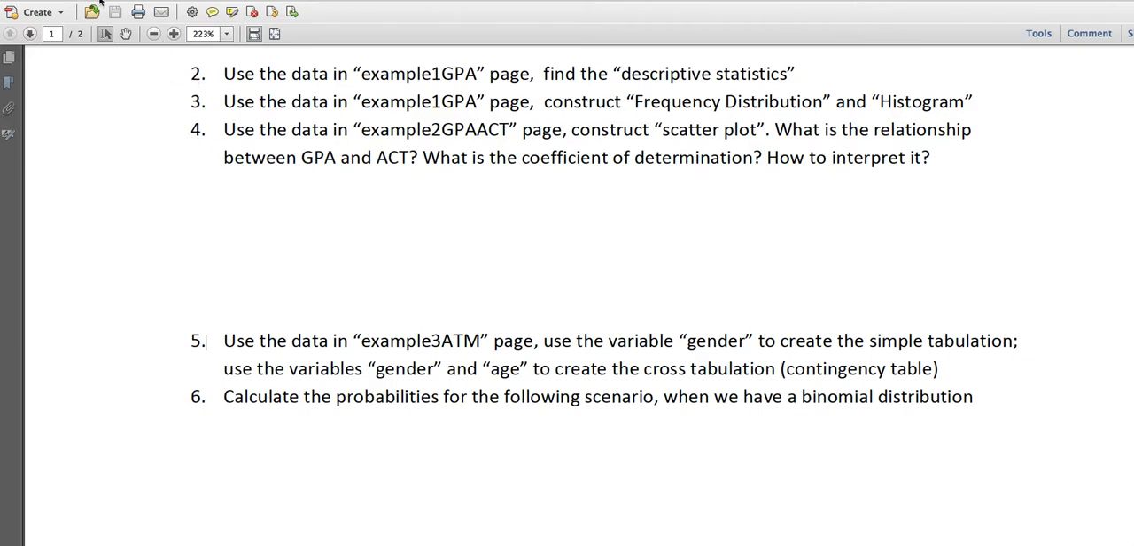So in this video, we'll work on the fourth question, using the data to construct the scatter plot and answer the question: what is the relationship between the GPA and ACT, what is the coefficient of determination, and how to interpret the coefficient of determination. So first, after you download the data,